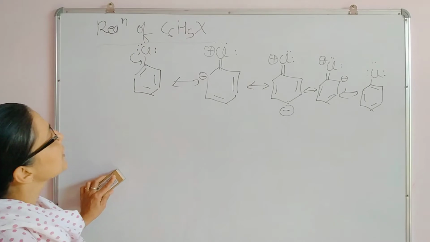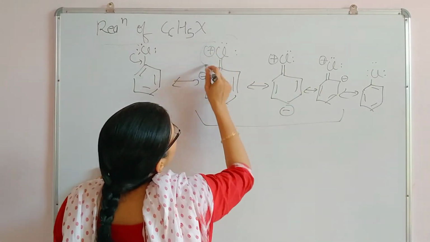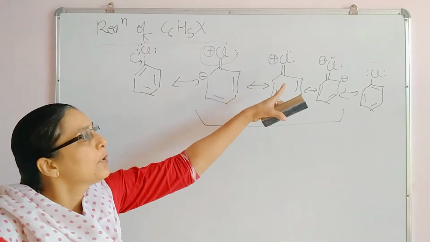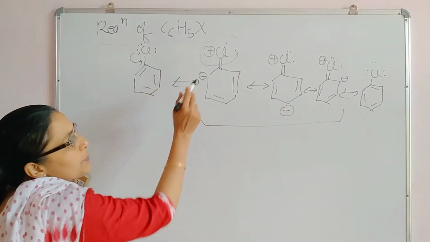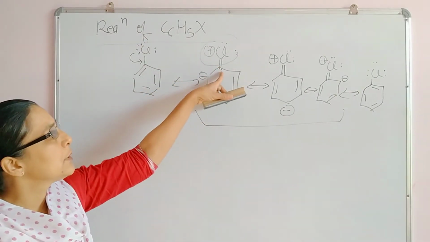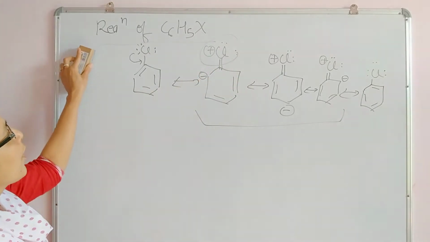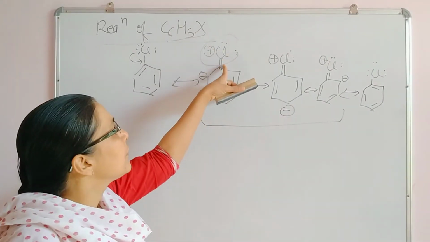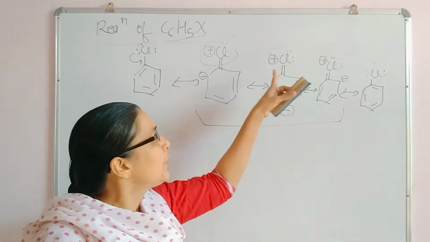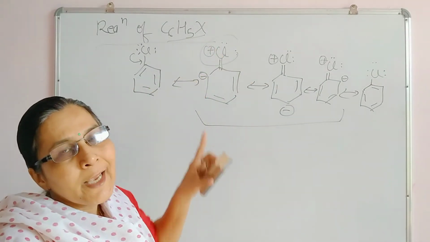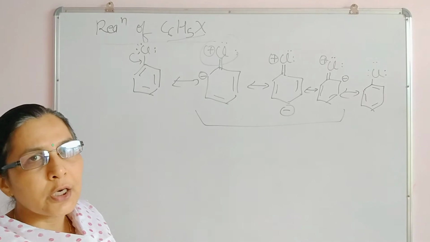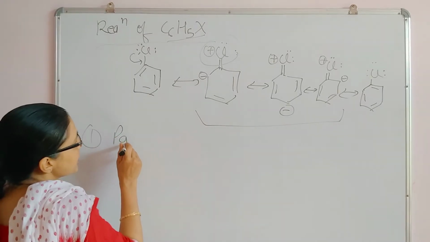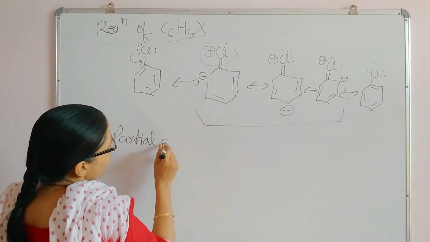These all reactions say that in these 3 resonating structures, Cl is partially double bonded with carbon. If partially double bonded with carbon, then in nucleophilic substitution, when the nucleophile attacks, there will be trouble. It means for C6H5Cl the properties will be entirely different because of the presence of partial double bond character between carbon and chlorine. Easily nucleophilic substitution reaction cannot occur. This is the very first reason, that is partial double bond nature.